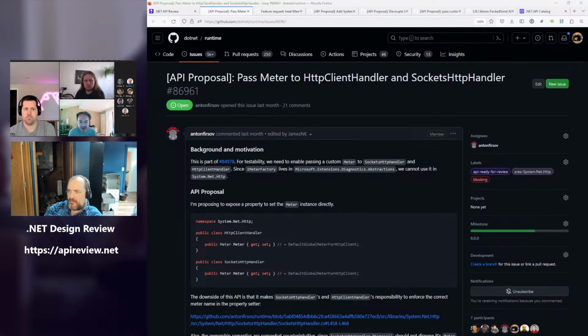The way that the meter factory feature wound up working is that the convention was you use the factory object as the scope. So you can call on a given container, get required service, give me the factory, and then you can take that object that you get and compare it against the scope on a meter.